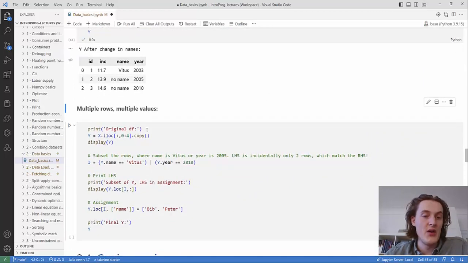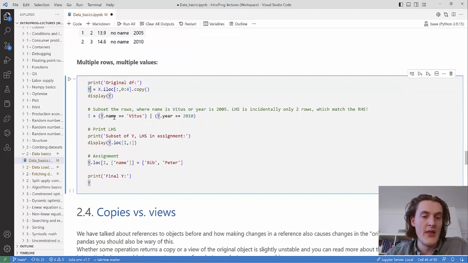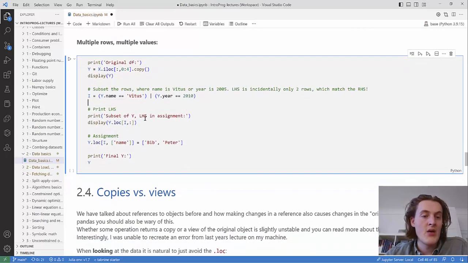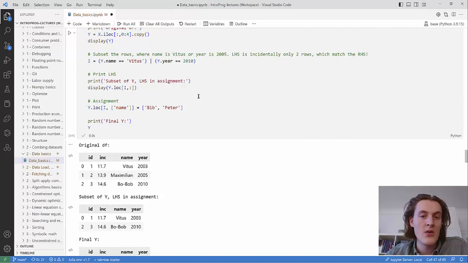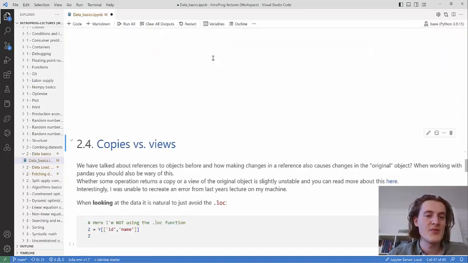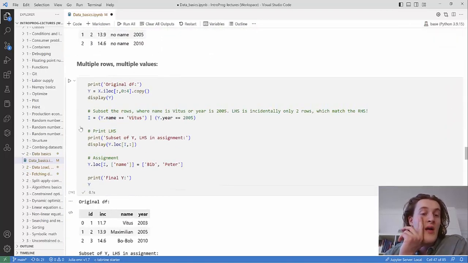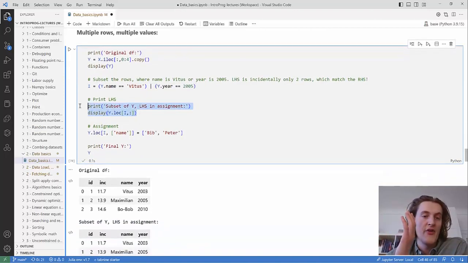And you can do that as well to multiple values. So here we recreate I, Y again, and then we say, okay, if your name is Vitus and the year is 2010, now all the years 2010. Don't know why it says 2005 there. So we just create it in 2005. But then we have this Boolean variable for those conditions. So for Vitus, or year being 2005, first we print